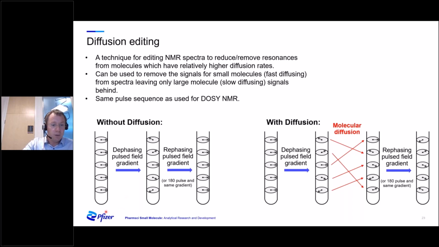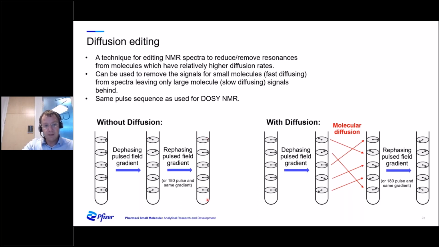What happens is you will do a 90-degree pulse to excite all your spins, and then you'll apply a dephasing pulse field gradient to this, which will move all the spins across the sample to different phases, which means that your net magnetization that you will see is 0. And if you then rephase these by applying a 180-degree pulse in the same pulse field gradient, you will get